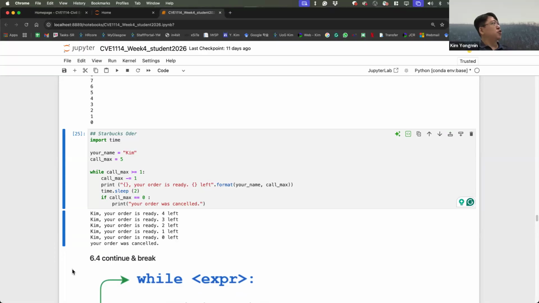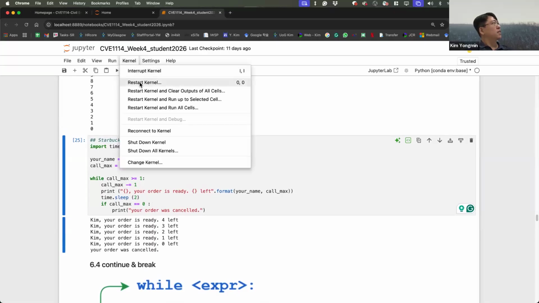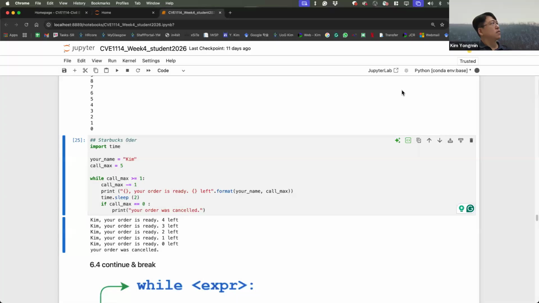If you still have some issue, you can go to Kernel, Restart Kernel. If everything is in order but your Python code still encounters errors, then we can fix it by clicking restart kernel.